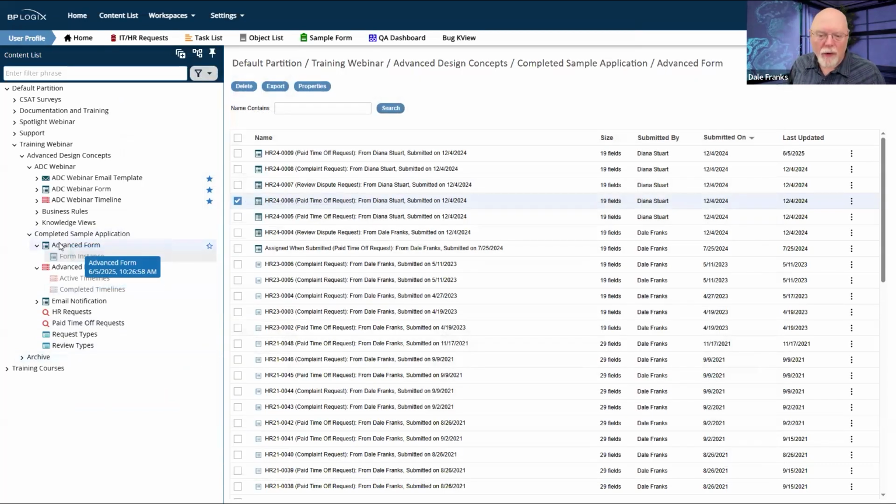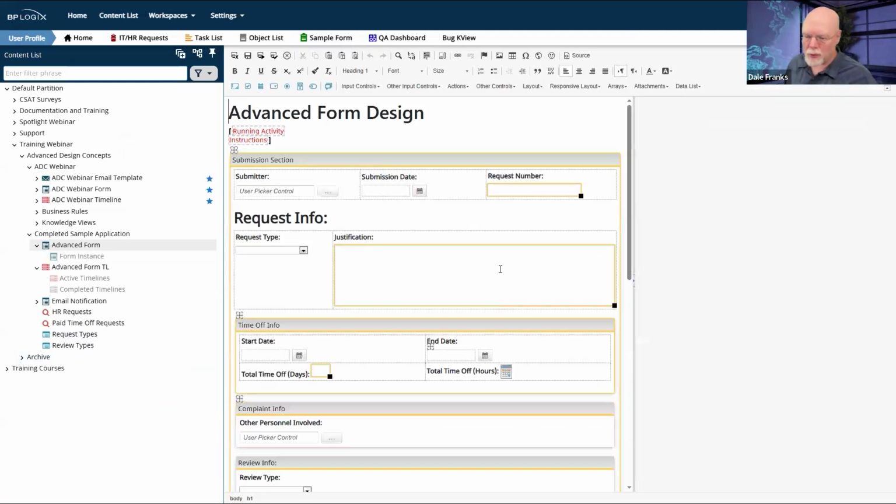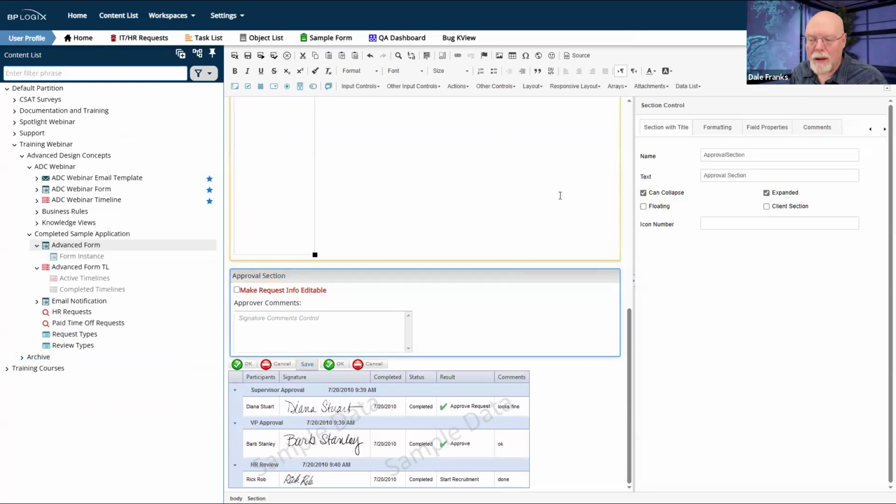Let's go back to the form for a little bit and go back up to that previous section that we were looking at that contained the approval comments. This section itself. Now, the way that I have this form built, as we've talked about for the last couple of weeks, all of the fields are read-only unless I am in a new form instance. And so they're all disabled.